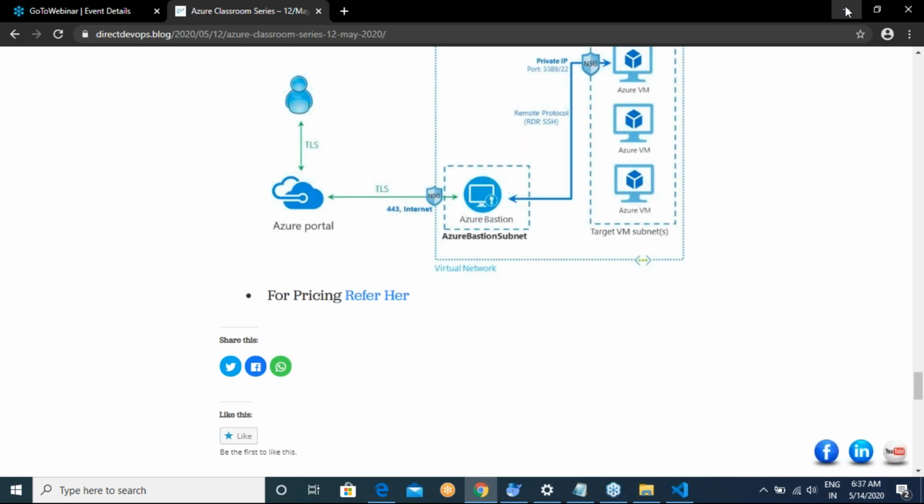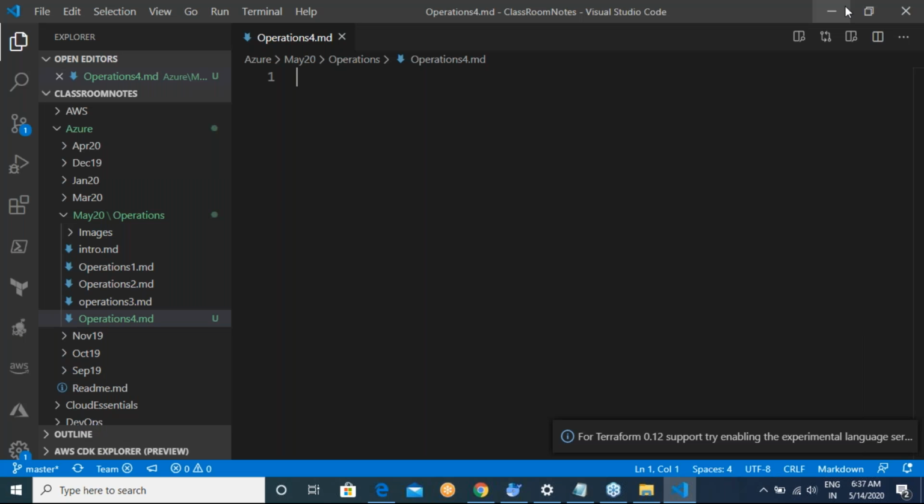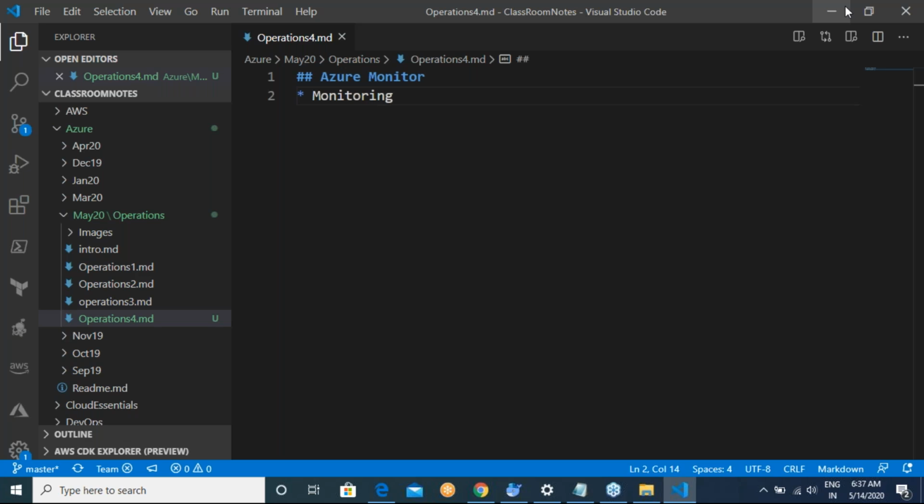Now we'll go into the next service of Azure, which will help us see what is happening with respect to the performance of your applications, and what is happening with respect to the different infrastructure you have created and all of that. I'll be calling this Azure Monitor. Azure Monitor is a monitoring service provided by Azure,